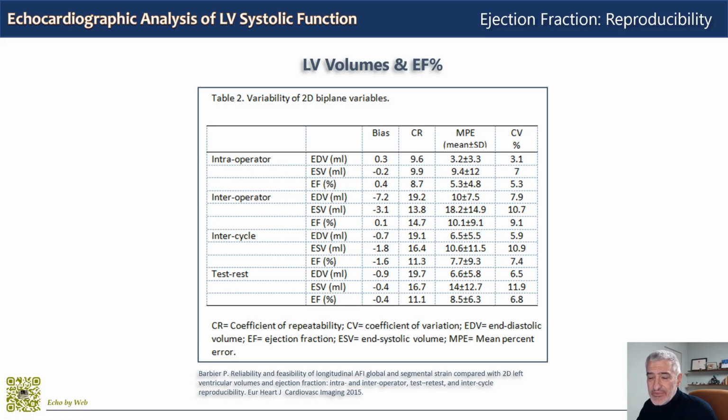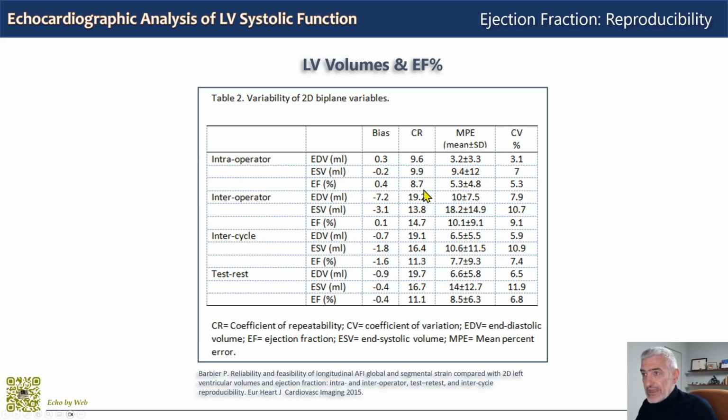And from left to right, you have the statistics: the bias, the repeatability coefficient, CR, the mean percent error, MPE, and coefficient of variation values. And from top to bottom, you have the analysis for intraoperator, interoperator, intercycle between different cycles, for example, the first and the third cycle, the first or the fourth, and test-retest, so the examination performed at baseline and after a